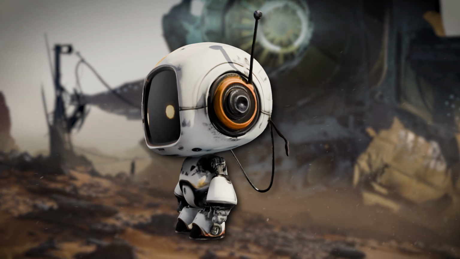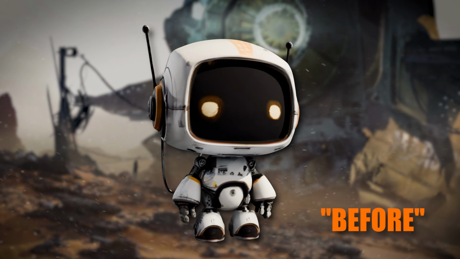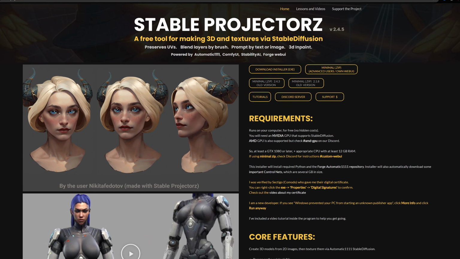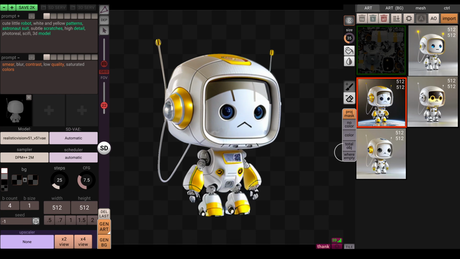Today's video, I'm going to show you a quick and easy way how you can generate 3D AR models and textures entirely for free on your own PC. With StableProjectorz, this is easier than ever, without having to go through a complicated installation to install, for example, Hunyuan 3D or Trellis. In addition to that, I will also show you how you can generate textures with Stable Diffusion